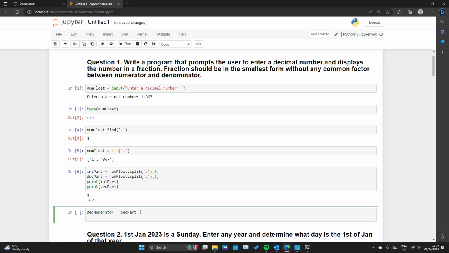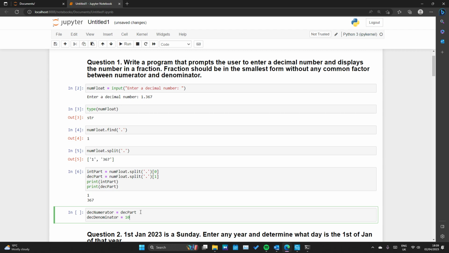And how do we programmatically say the denominator is 1000? So we have denominator is equal to, and what I will do is I will say that denominator is equal to 10